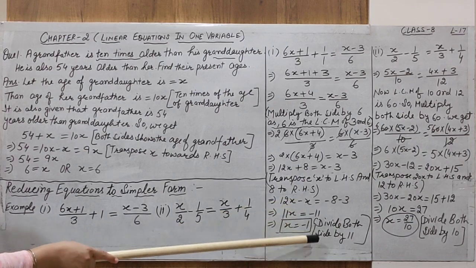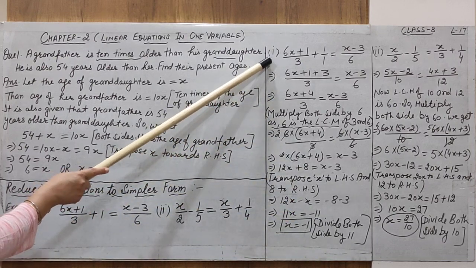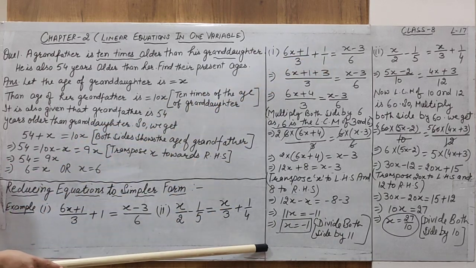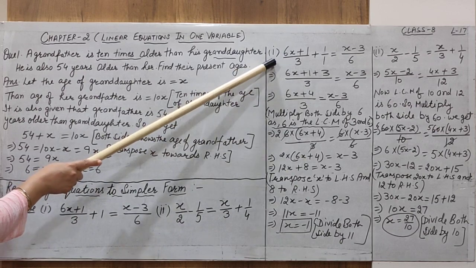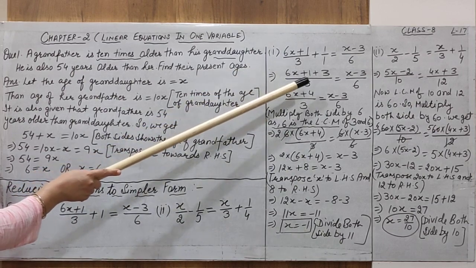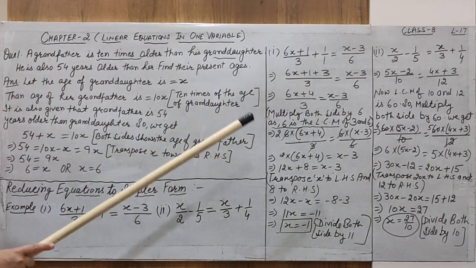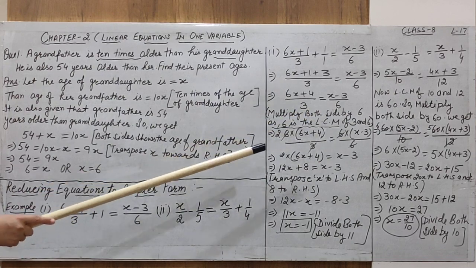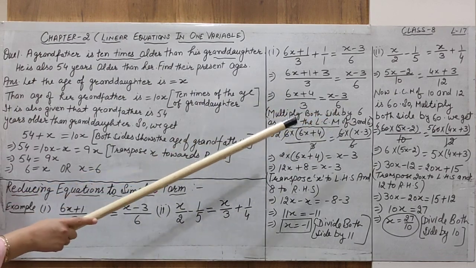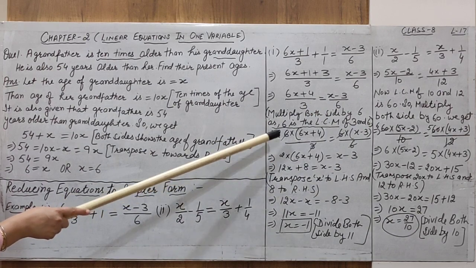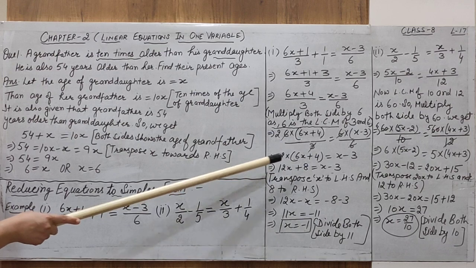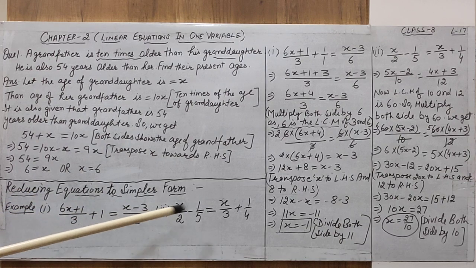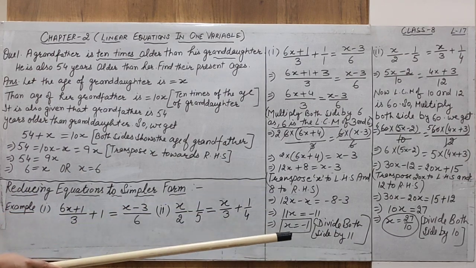This is the value which we get after solving such kind of equations in which fractional numbers are given. Now what is the process used? First of all, for the left hand side there is only one denominator. You have to take the LCM and add the terms. Next, for the left hand side and right hand side you have to select the LCM of these numbers. Then multiply both sides with the same LCM to remove the denominator. So we get a simpler form of the equation and we can solve the equation that is of the second type by the same process, that is by transpose or by the division process.